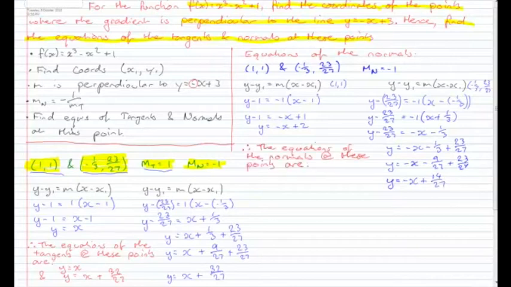Therefore, the equations of the normals at these points are y is equal to negative x plus 2 and y is equal to negative x plus 14 over 27. And that's it. Okay, so now that we know all about the gradient function f dash of x and the original function f of x,